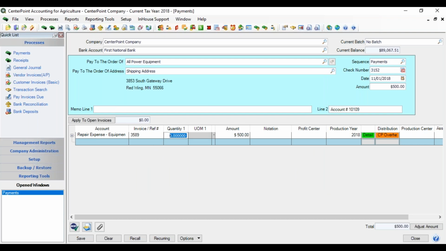If this particular item applied for quantities, I could enter a quantity, and then I get to the amount. So if this were for a couple of different things, I can change this amount here, and it will default the remaining amount of the amount I started with minus this to the next line. And I can put my notation in here of it was a tire repair or whatever that was, and what profit center,